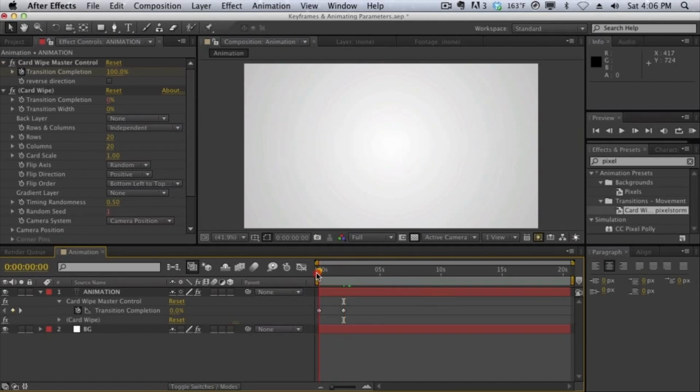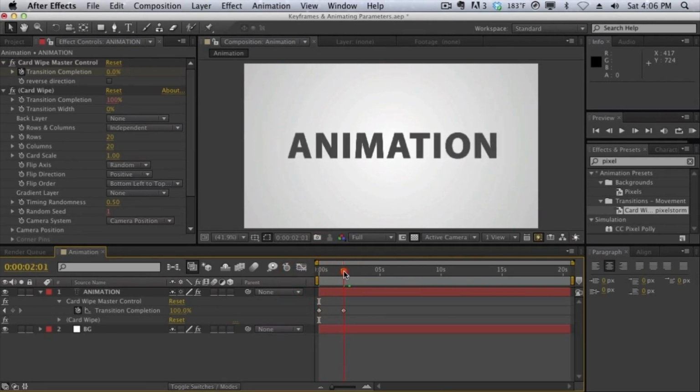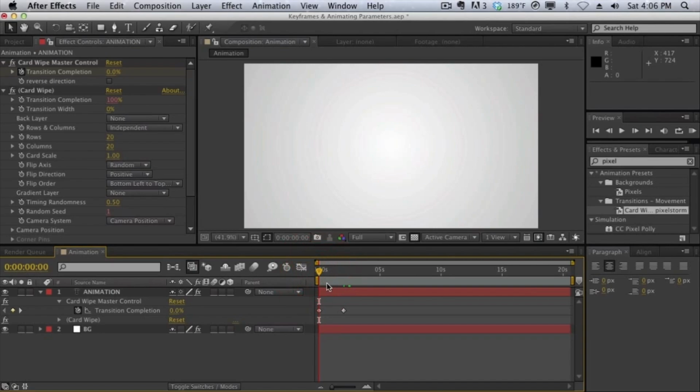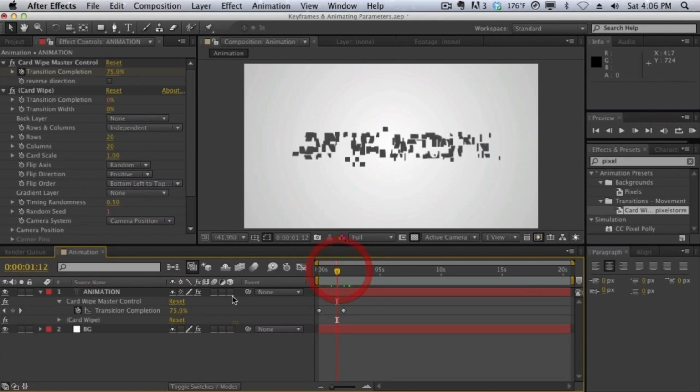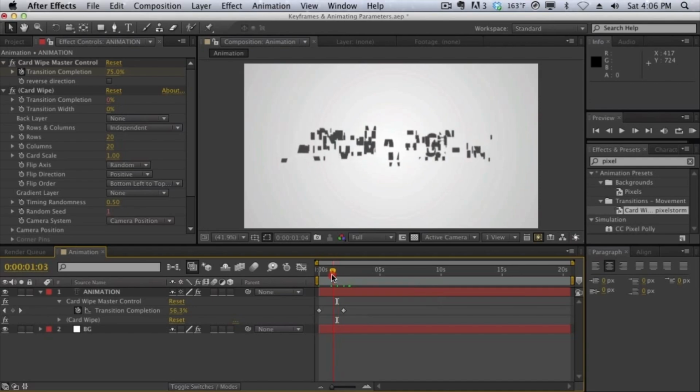Basically, you can animate the in point and the out point here. So in this case, 0% to 100%. And After Effects will fill in the rest. As you can see here, in between these 2 keyframes, we're at 50% here, halfway. You can see that we're at 75% up here. So pretty much all you need to do is animate the in points and the out points, or pretty much animate all the key points, otherwise keyframes, and then After Effects will fill in the rest